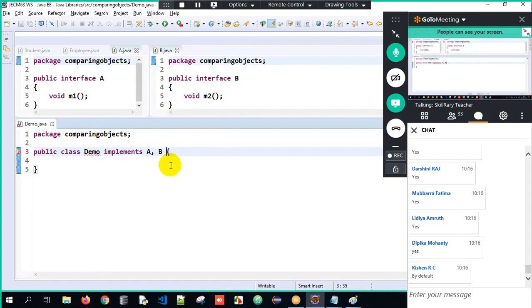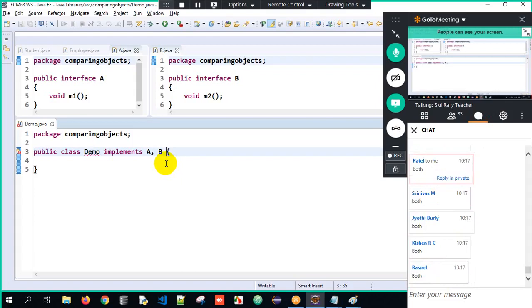So one class is implementing multiple interfaces. Now tell me, is it mandatory to override? Yes, when a class implements an interface, it means I am providing the implementation for those abstract methods. Initially, I told you when to use an interface, an abstract class and so on, right? So when a class implements an interface, the intention is to provide the definition for it. Now, should I provide the implementation for only m1, only m2, or both? Should I override only the m1 method, only the m2 method or both?